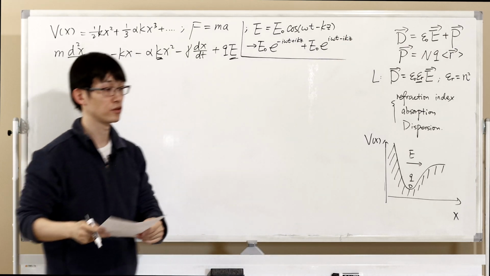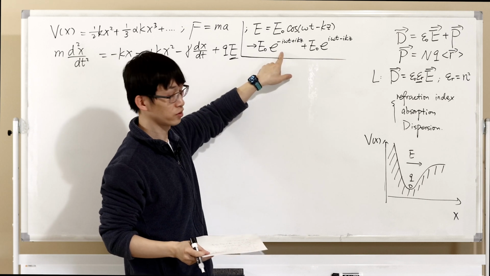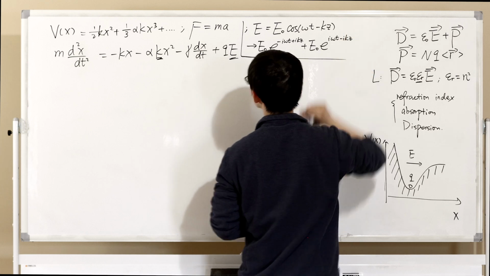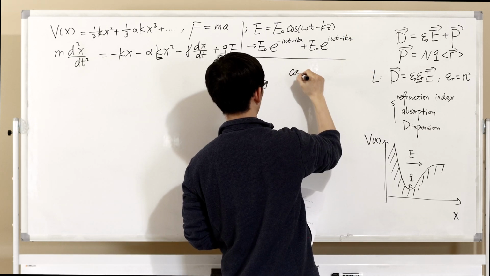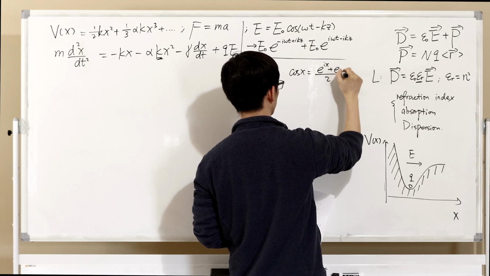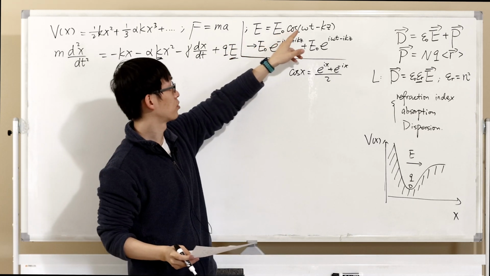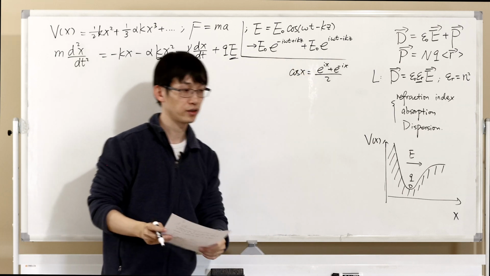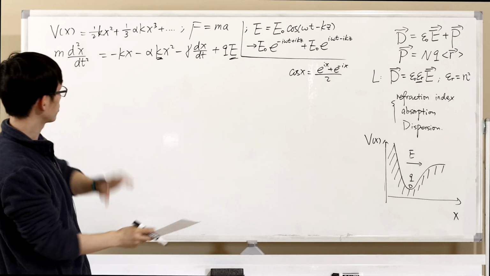You guys all learned this in your math class. Cosine can be decomposed into exponentials: cosine x can be decomposed into e to the ix plus e to the minus ix. Right? You just use this equation and decompose cosine into two exponential terms. Okay? And the reason I want to do this is because when you look at this equation,